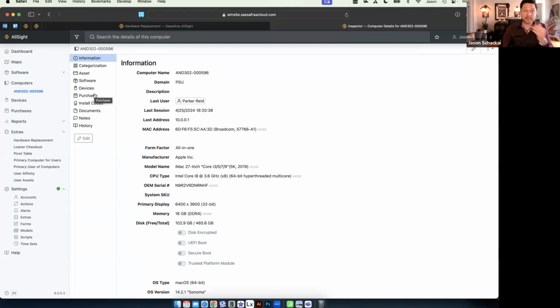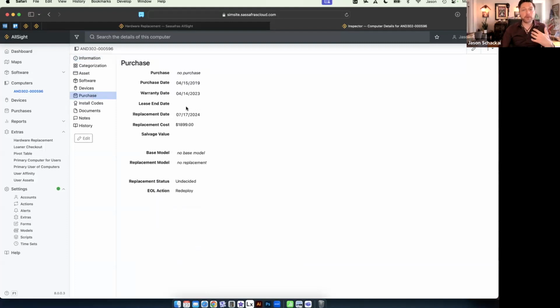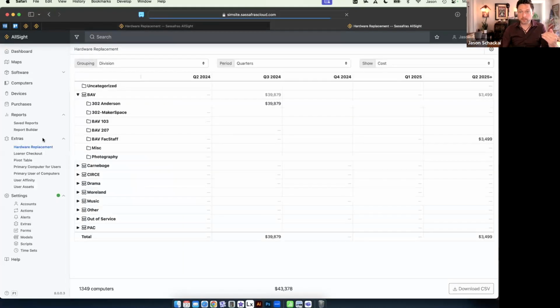And in fact, when we talk about the other dates and costs that might be applied, this is the priority. This is the top level. If you've populated a replacement date, then that's the column it will show up in. And if you populate a replacement cost, then that's the cost that will be used, regardless of any other factors that we talk about. So the simplest approach to using this hardware replacement extra is to choose a division, and